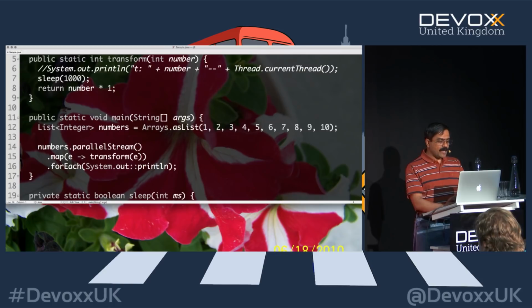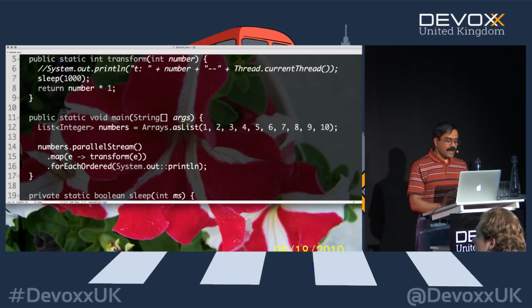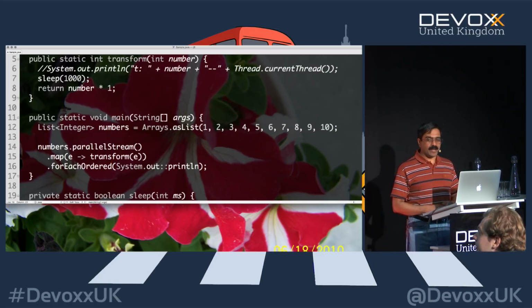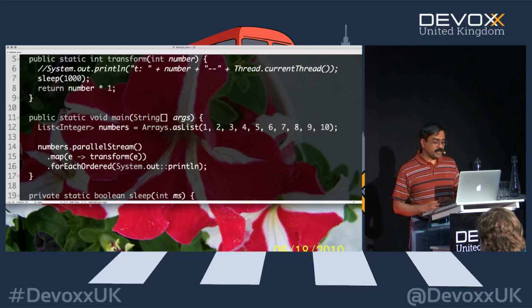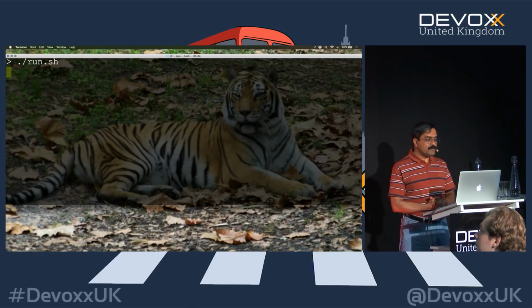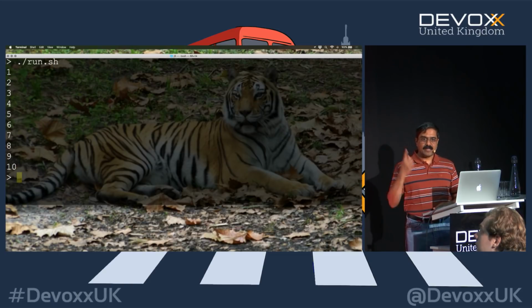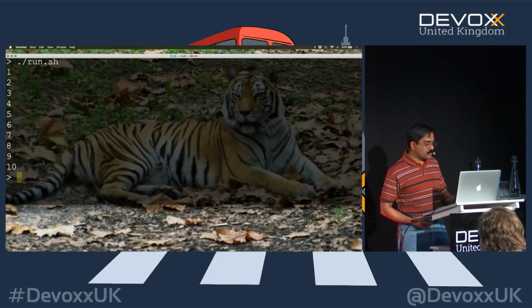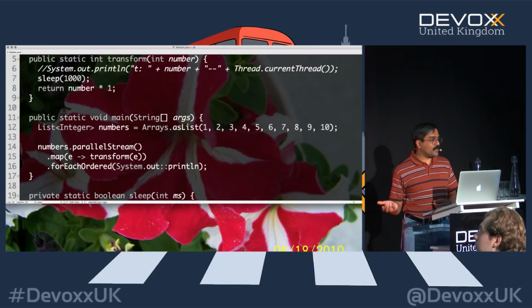On the other hand, there is a counterpart to it called forEachOrdered, and forEachOrdered tells you that I want to impose ordering in the terminal operation. And that can be really effective. When I run this code, notice it is imposing the ordering on the data, and no matter how many times you run it, it's going to be exactly in that particular order. That is forEachOrdered.